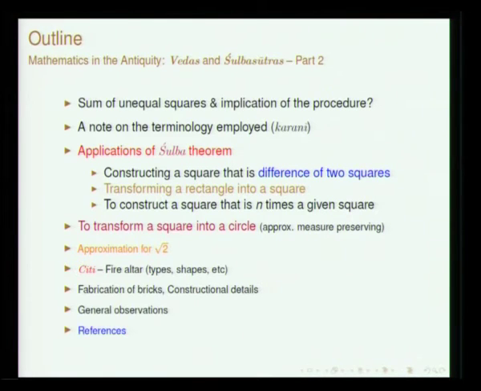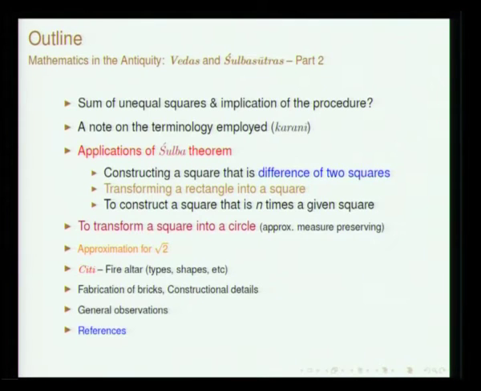For instance, suppose there are two squares. If you have to construct a square whose area will be the sum of these two squares, or you can think of two squares and I want to find a square which will be the difference of these two squares, or if you have to construct a circle whose area is more or less the same as that of the square, and so forth. These are the kinds of problems which we will discuss today, and in connection with this, we will also see the expressions for some of the surds.